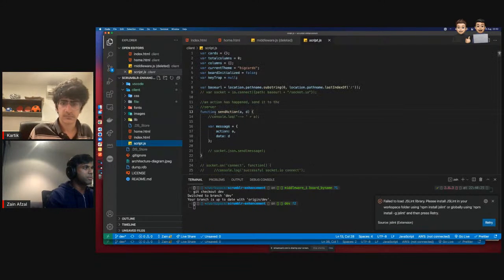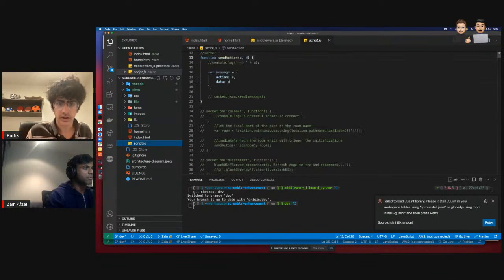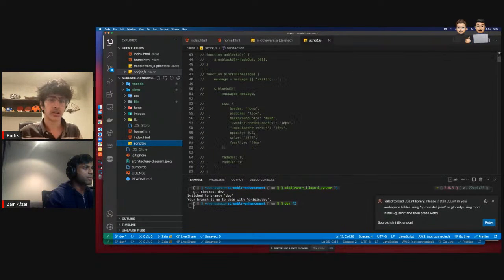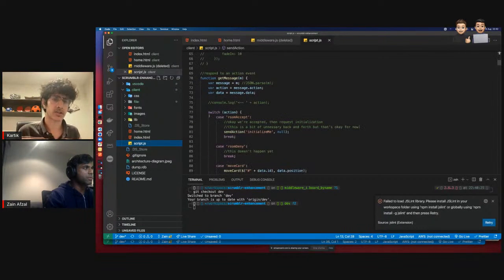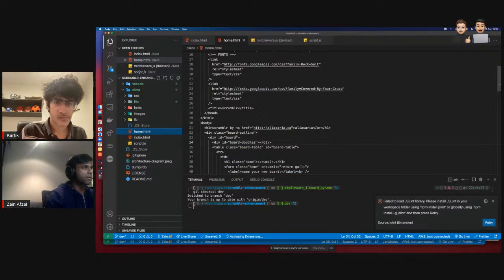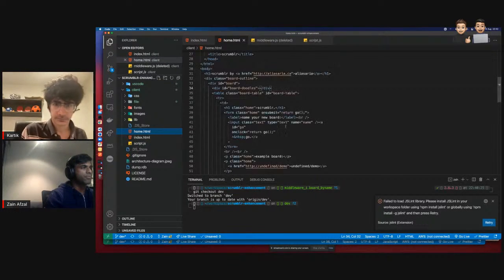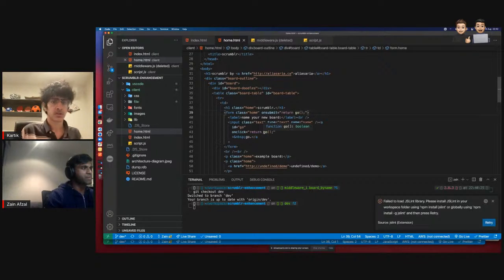Socket on. Can you go into home.html? I just want to see what's happening with the go function and the code. Return go. Okay, this is all old code, like base code. So that's good.